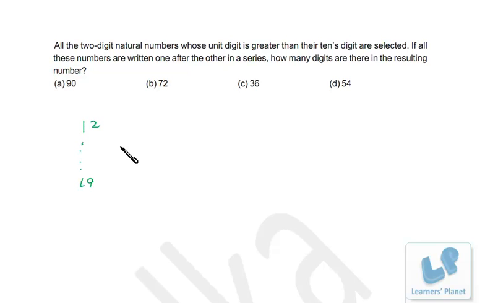So in all there are 8 numbers. Similarly, the next line will start from 23 to 29, so there are 7 numbers. After that, 34 to 39, 6 numbers. Now the series will go on like this only. So it's the line of 11, then the line of 21, the line of 31, then the line of 41, 51, 61, 71 and 81. You don't have to calculate each and every one because the series will move like this only.